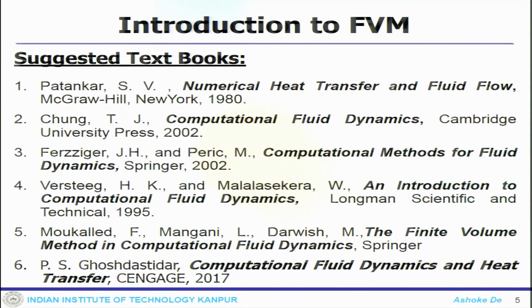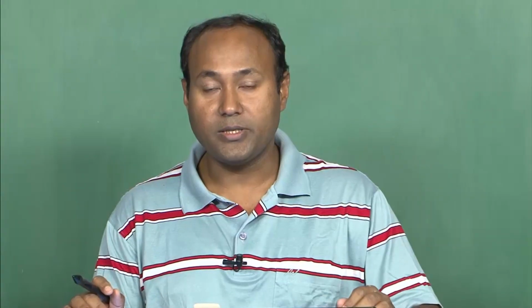And for the textbooks which are suggested, one of the classical books is Patankar's book, and one can look at this as a reference book. Also Ferziger's book is a reference book, and these two books are also essential, because the course material covered is primarily a combination of these three books which talk about the finite volume methods. And so, once you complete this part 2, you will be able to solve a real life fluid flow problem and can handle it using this kind of technique.